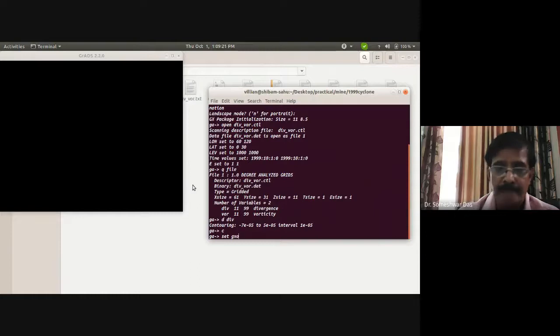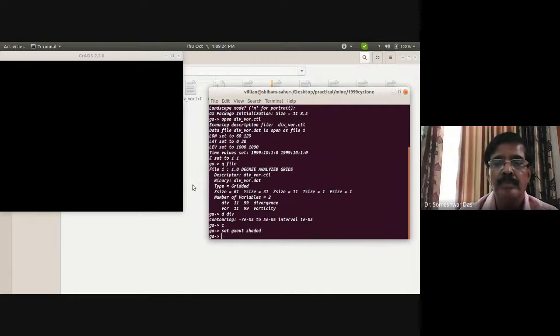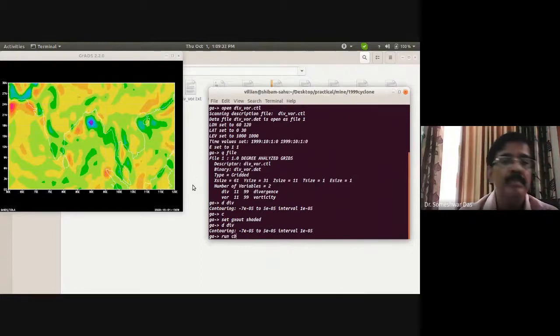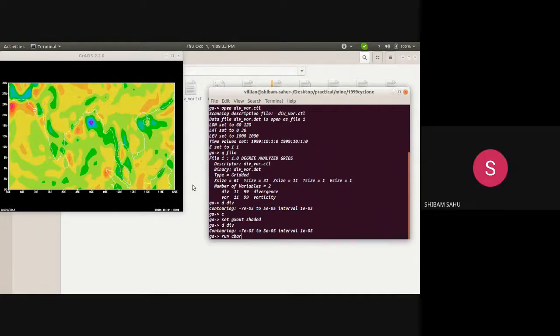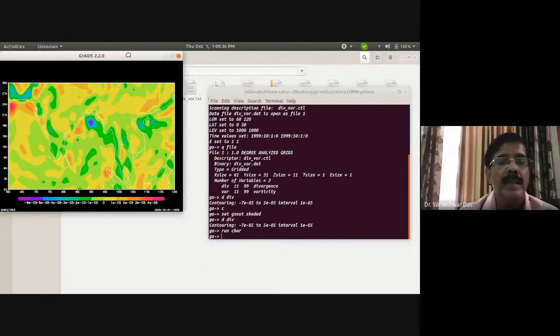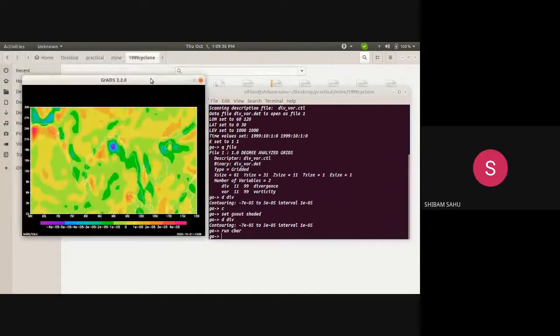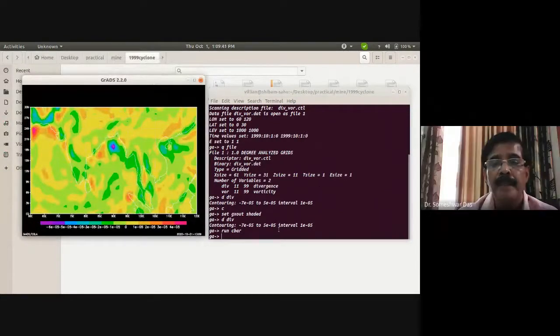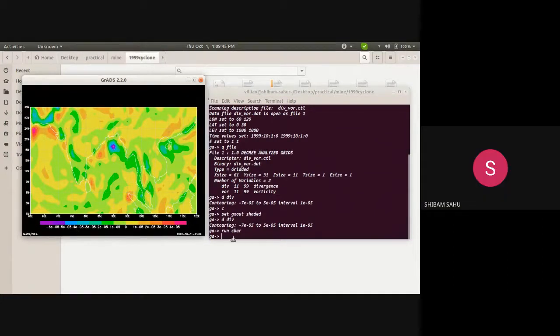Okay. So this is the divergence. All the values are negative.